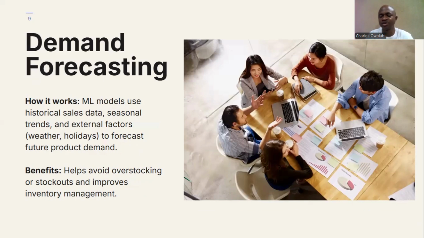We have another extensive use of machine learning in demand forecasting. This uses historical data from sales, personal trends, seasonal trends, external factors like weather and the rest of them to make predictions of what is going to happen in the next 1 year, 6 months, 10 years, and so on and so forth. This is used extensively when you need to predict your stock. With machine learning, you can predict when your stock will be exhausted, when you need to reload it, and that will prevent you from overstocking.